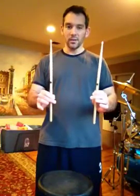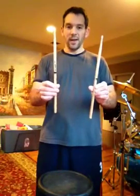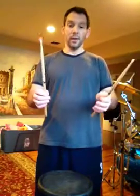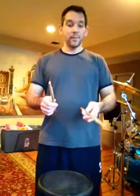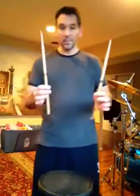Stick holding. So there's a lot of different types of sticks. I like jazzy type 7A size. 5As are a little wider. 3As are really crazy. But no matter what stick you have, you need to hold it in the same kind of way. The two ways